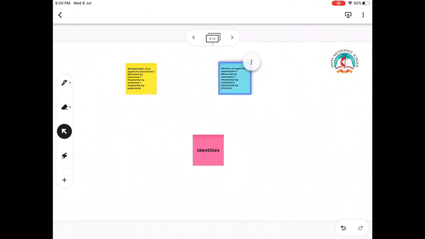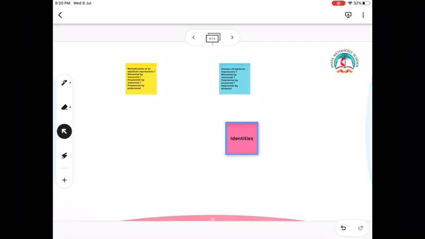In the division of algebraic expressions, what did you learn? Monomial by monomial. Yes, binomial by monomial. Then we learned polynomial by binomial. Do you remember? Then in the next class, what do you learn? Identities. What all identities did we learn?